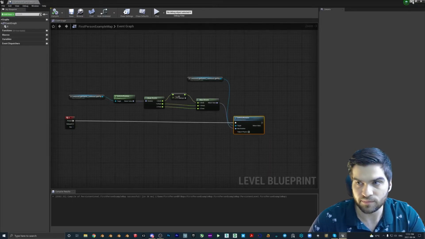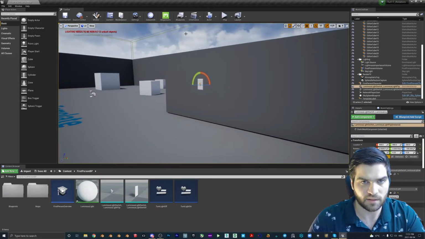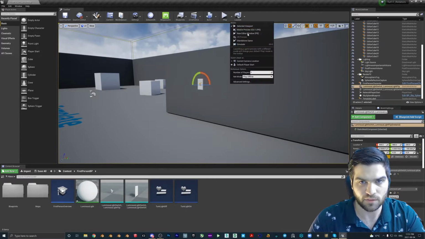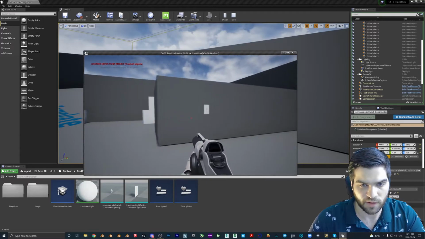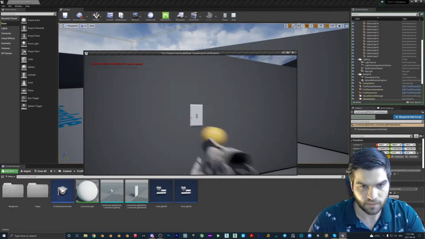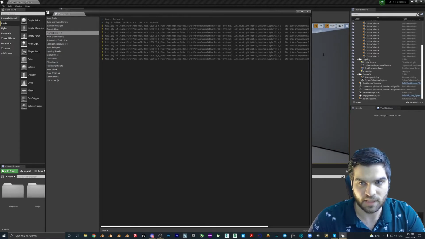Let's compile. And this is just the functionality of it. I'm going to show you how to tie the widgets into it in a moment. So let's pop this into new editor window. Now let's see if we can get this to work. So if we go over here, right. And here